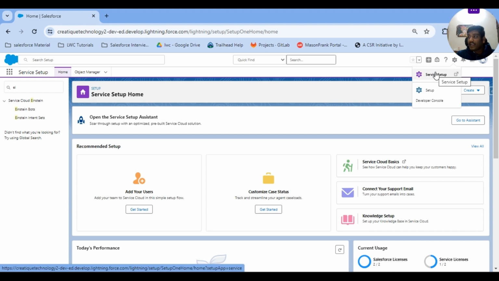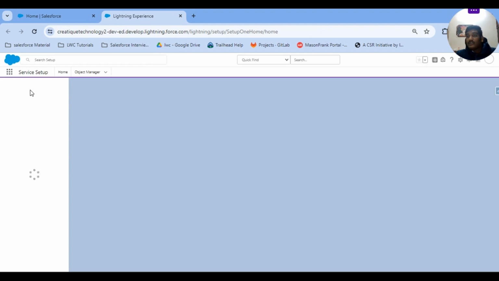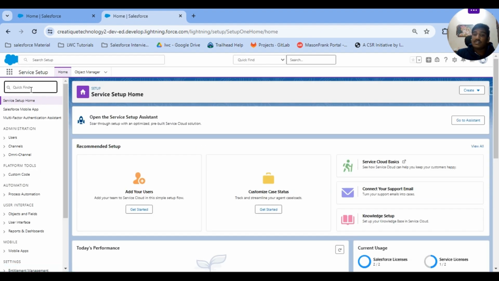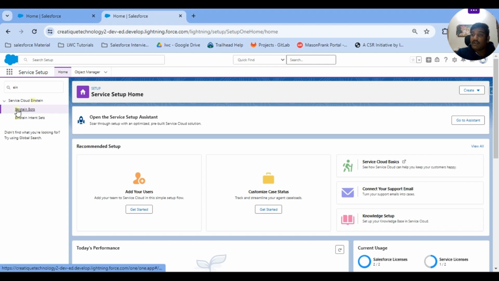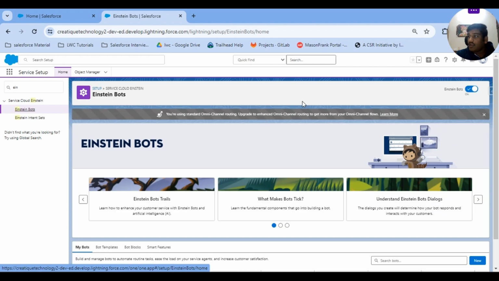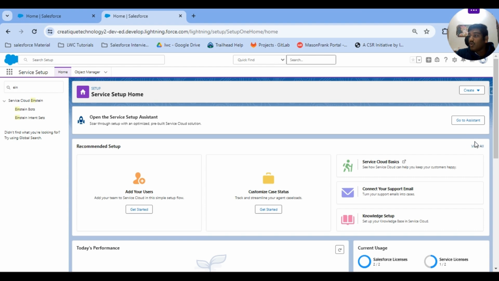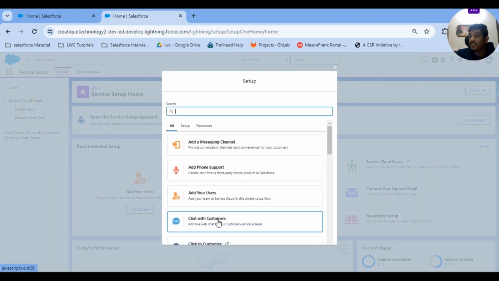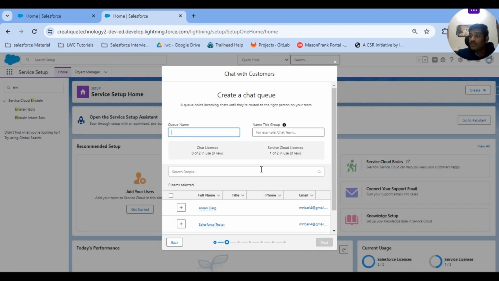Just click on the setup cog and click on Service Setup, and now Service Setup is open. After that, just search for Einstein Bot in the quick find box, click on Einstein Bots, and turn on this Einstein Bot from here. After that, click on the Home button and click on View All. Now click on Add Chat with Customers and write the queue name in the queue name field, that is